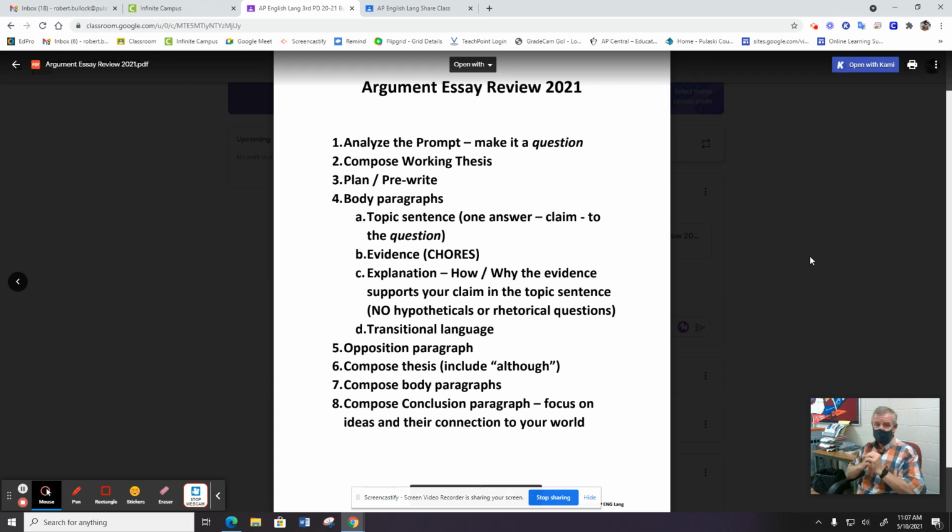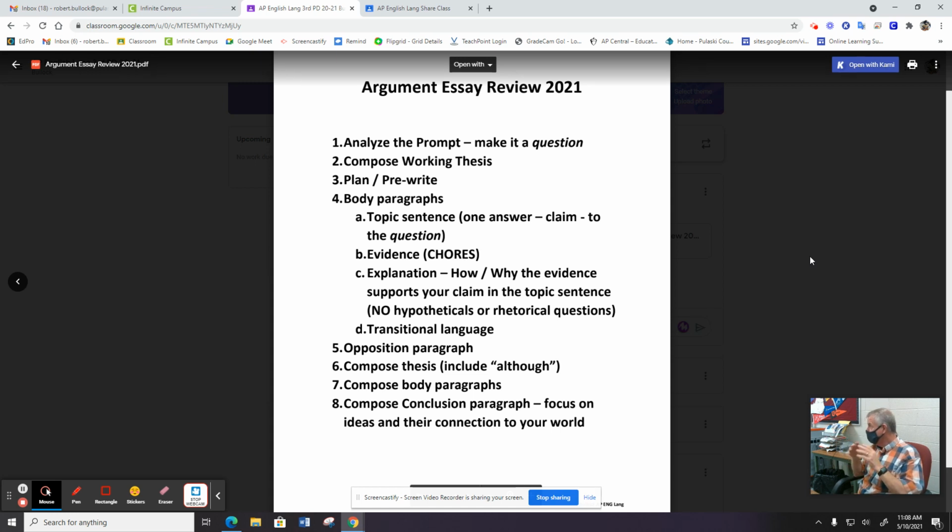Now, computers have changed that a little bit because you can move stuff around. But for those of you who have taken the paper and pencil, folks, you've got to really think this thing through before you start, or you're going to do a lot of needless work. And if you mess up, it's okay. Here's a little tip for you.